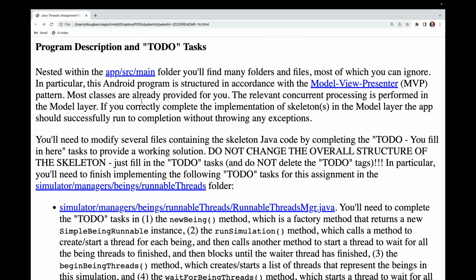Nested within the App Source main folder, you'll find many folders and files, most of which you can ignore. In particular, this Android program is structured in accordance with the Model View Presenter, or MVP, pattern. Most classes are already provided for you. The relevant concurrent processing is performed in the model layer. If you correctly complete the implementation of the skeletons in the model layer, the app should successfully run to completion